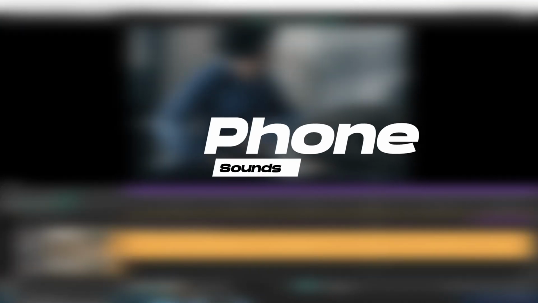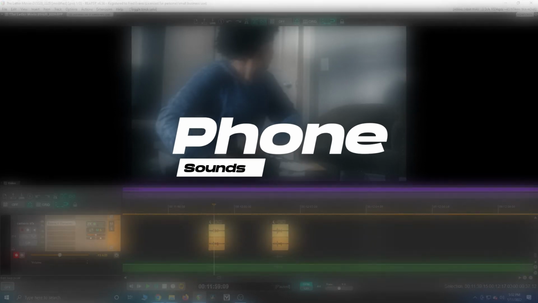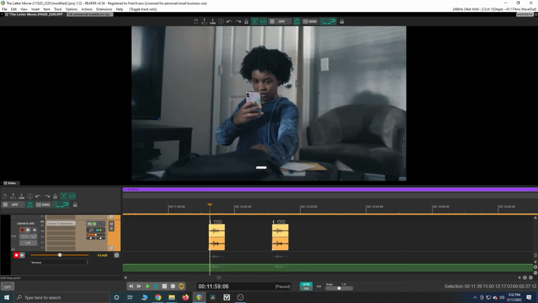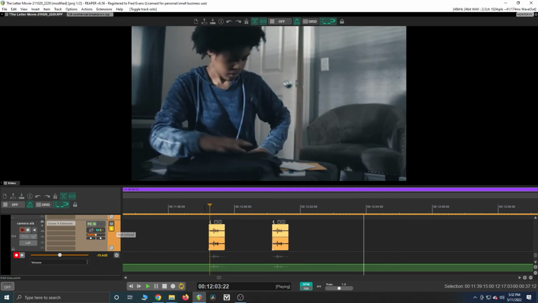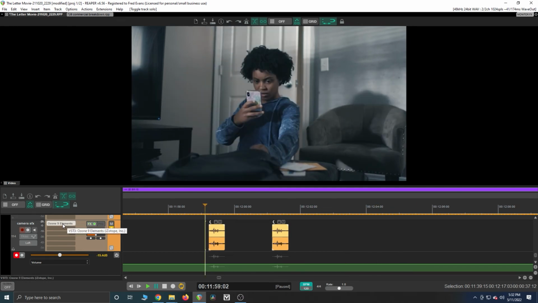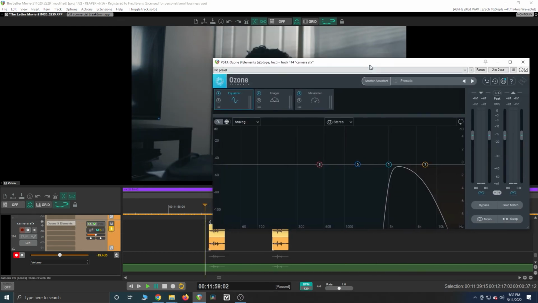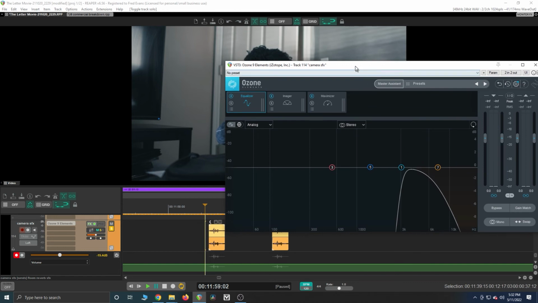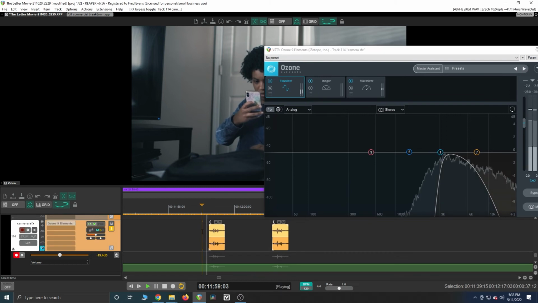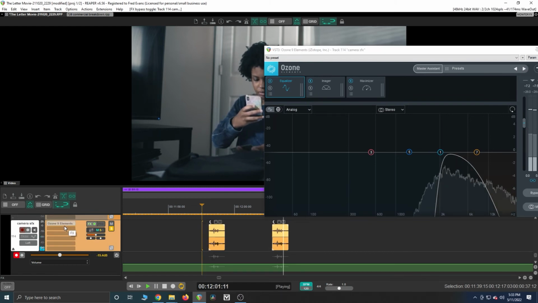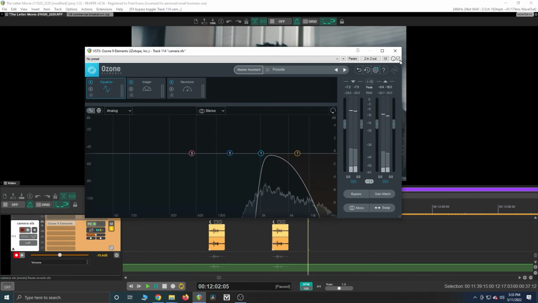So the other ones were taking pictures with the camera. And this one was very meticulous because I had to go into the EQ and I really had to nail down those frequencies, because without it, this is what it sounds like. Man, that didn't work. Turn off. Oh, I think I got it automated. Yes, I got it automated.